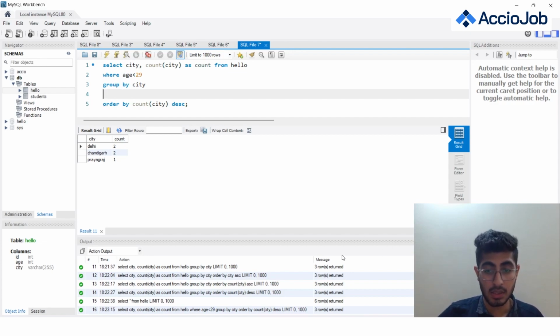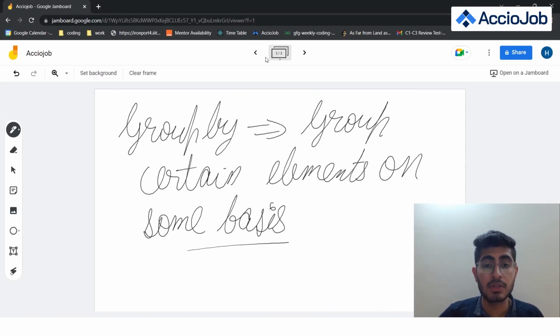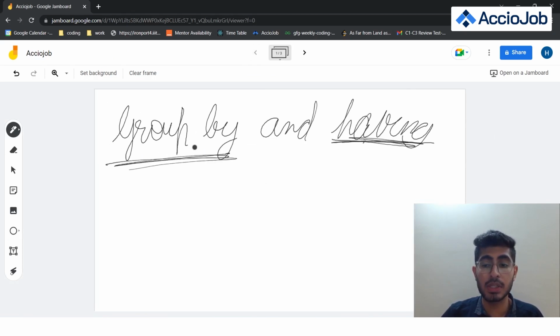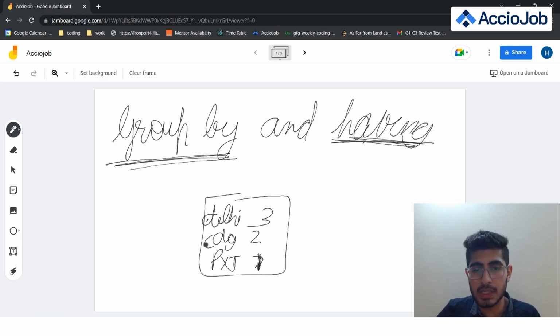Okay, so now let's come over to the having part. So what was having? As I told you, having is used with group by only. It is used to give conditions to my output. Like we have made a group, and now if you want to apply certain conditions on that output. If I'm not wrong, my output was giving Delhi 3, Chandigarh 2 and Prayagraj 1, right? So if I want to consider only the ones with count greater than 2, then for that I need